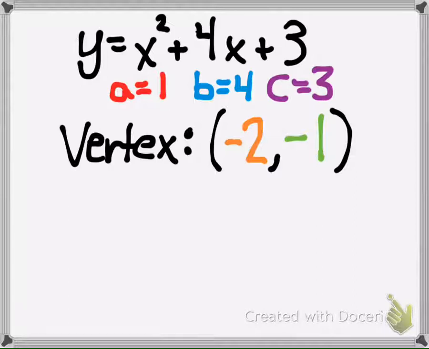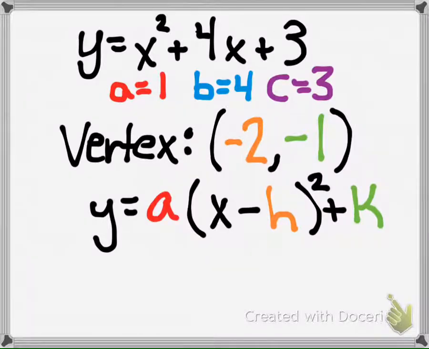Now I have all the information I need to plug in and get my vertex form. I know my a value is 1, my b value is 4, my c value is 3, and my vertex is (negative 2, negative 1). Looking at my vertex form equation, y equals a times (x minus h) squared plus k, I can just plug these values into the equation,